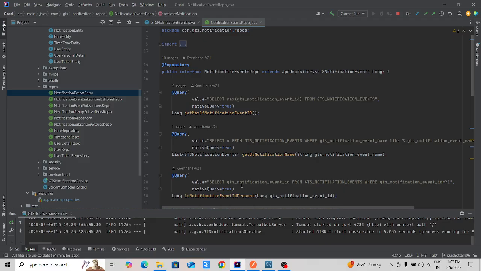And every repository, in this case our repository name is notification event repo, has to extend the JPA repository. JPA repository is something that defines the rules for Hibernate, how Hibernate is going to create the database. The first argument of this JPA repository is our entity class that we have discussed earlier,